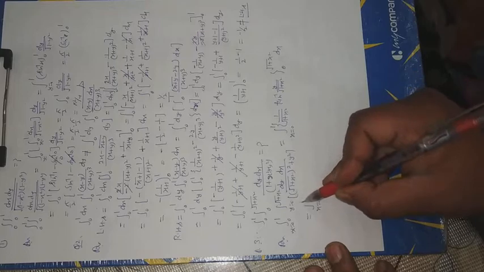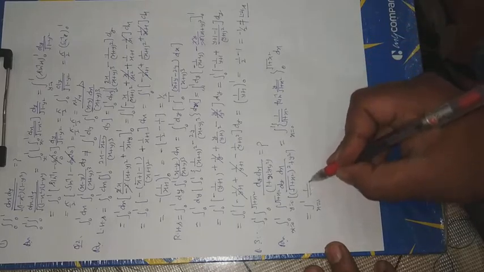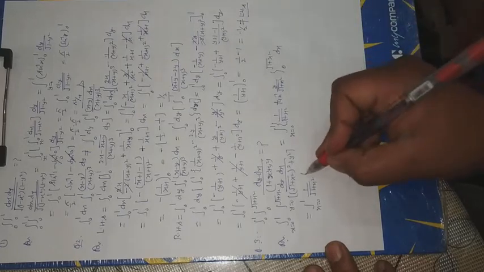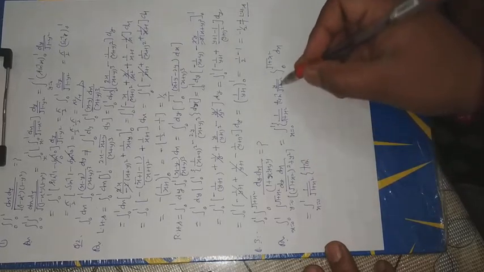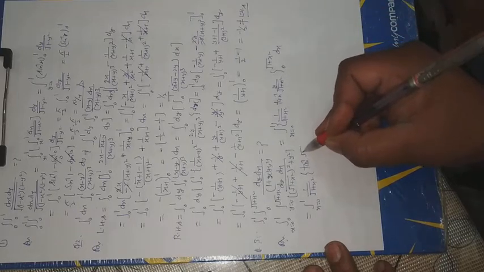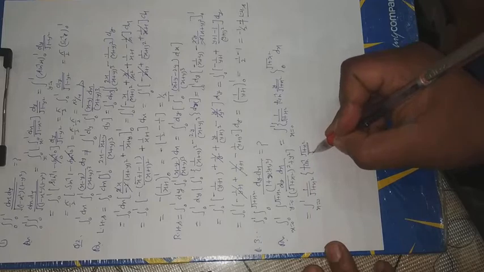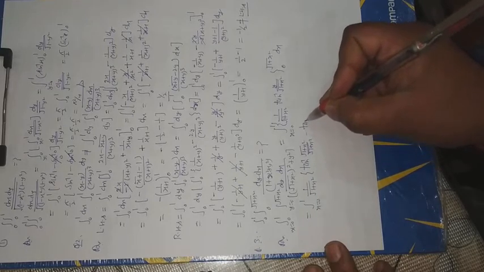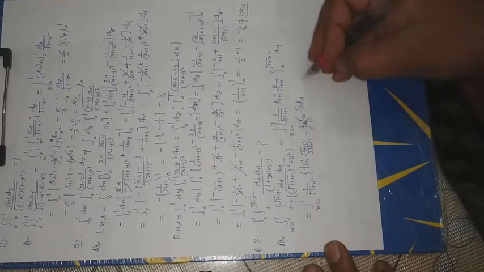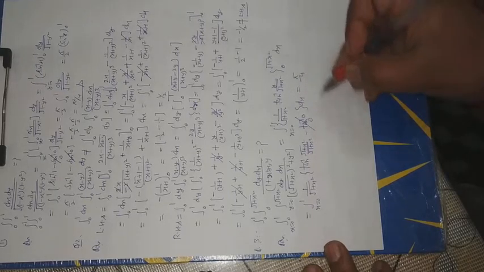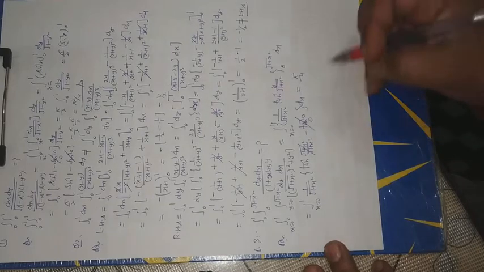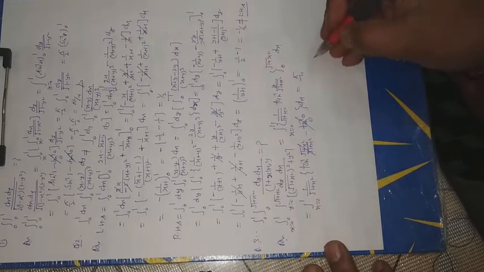This is the limit x is equal to 0 to 1, under root 1 plus x square. Now put value of y. This is equal to under root 1 plus x square, under root 1 plus x square minus tan inverse 0, dx. This is equal to 0. This is equal to pi by 4. This is equal to tan inverse 1. The value of tan inverse 1 is equal to pi by 4. Now pi by 4 is a constant outside the integral.